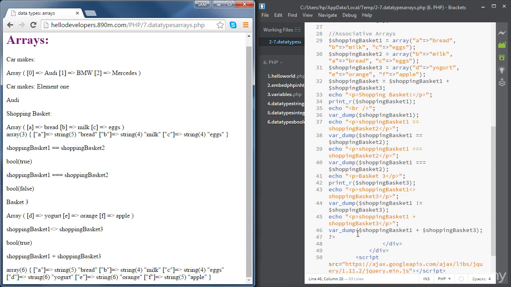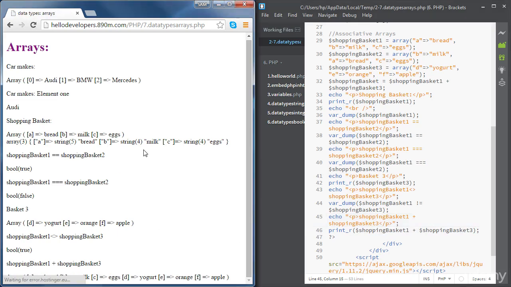So rather than using var_dump, let's use print_r. It's easier to read. Okay, so if we refresh, we can see that our two arrays are being concatenated. Okay,